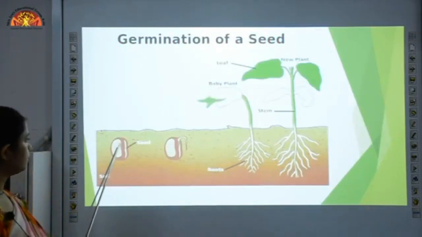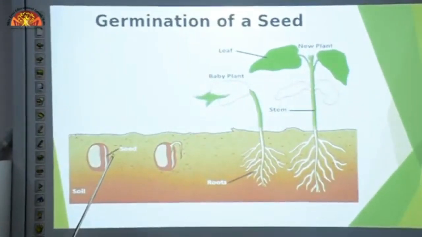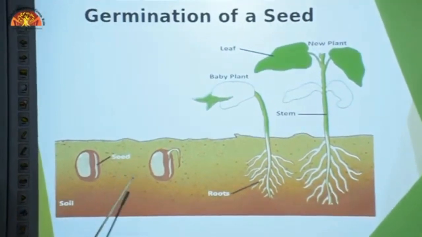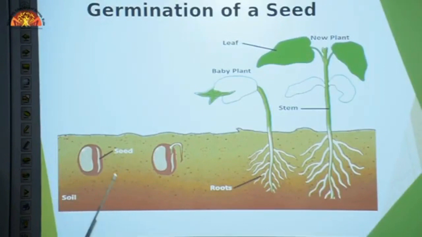There is a seed, this seed is sown into the soil. We have sown this seed into the soil. From here it can get all the nutrients. इसको यहाँ से अपने सारा minerals मिल जाएंगे, water मिल जाएगा. Then air also it will get over here, and sunlight also it will get. Sun's heat it will get. Then this seed starts developing into a new plant as it contains a baby plant inside it.